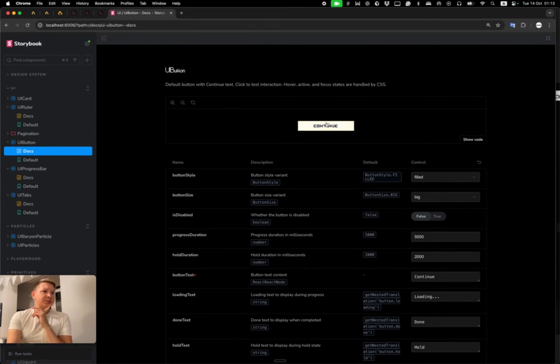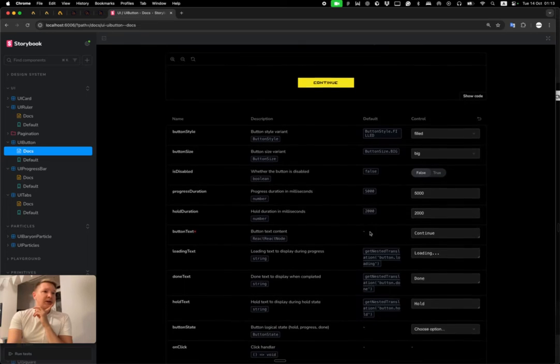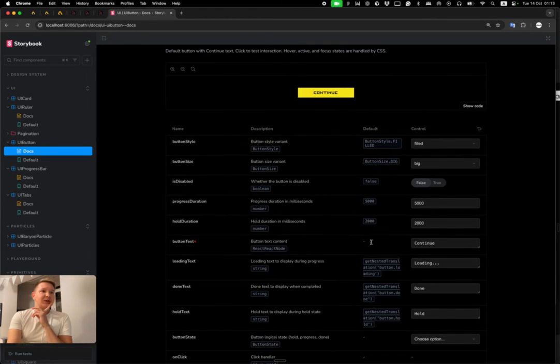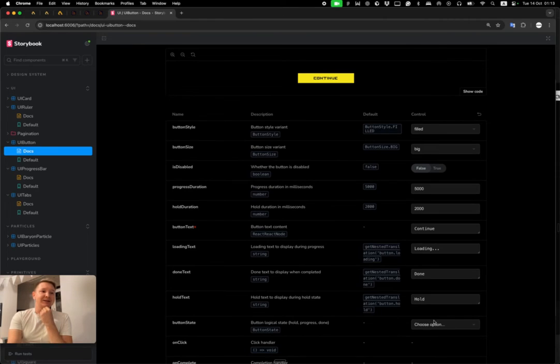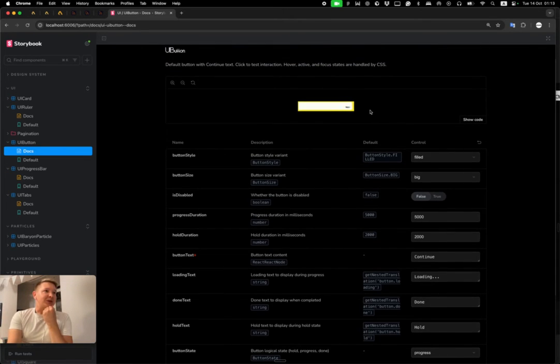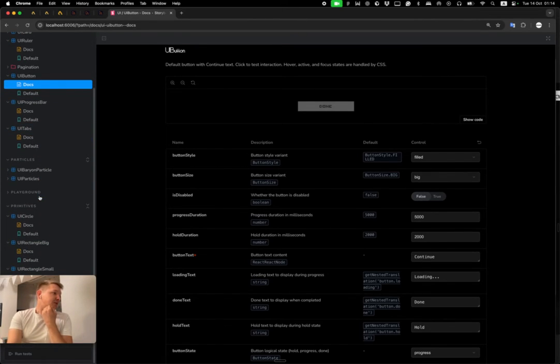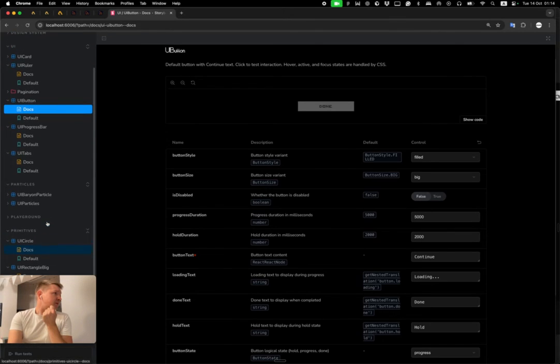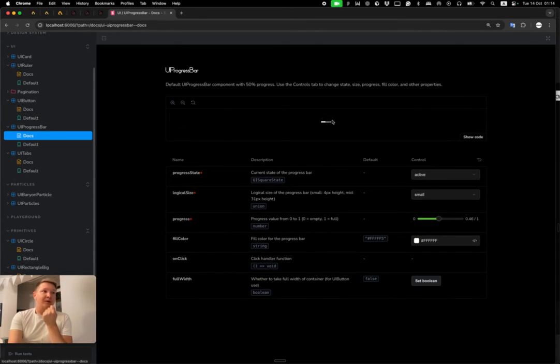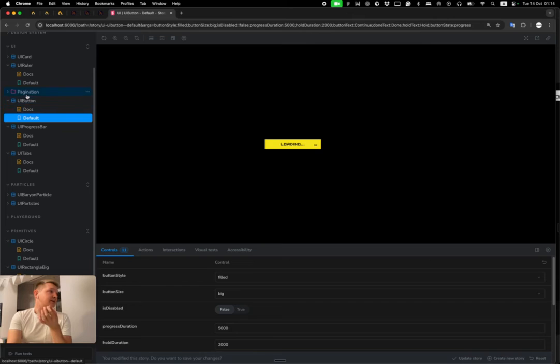I have buttons. Okay, it has a complicated configuration because it has a loading state. For example, I can click on progress and it starts loading. It's not perfect. I need to adjust it a little bit so the progress bar loads properly. And guess what? For the progress bar inside loading, I've used, what was it called, yeah, UI progress bar. That's simple. So every component reuses other components inside of it, nesting them.